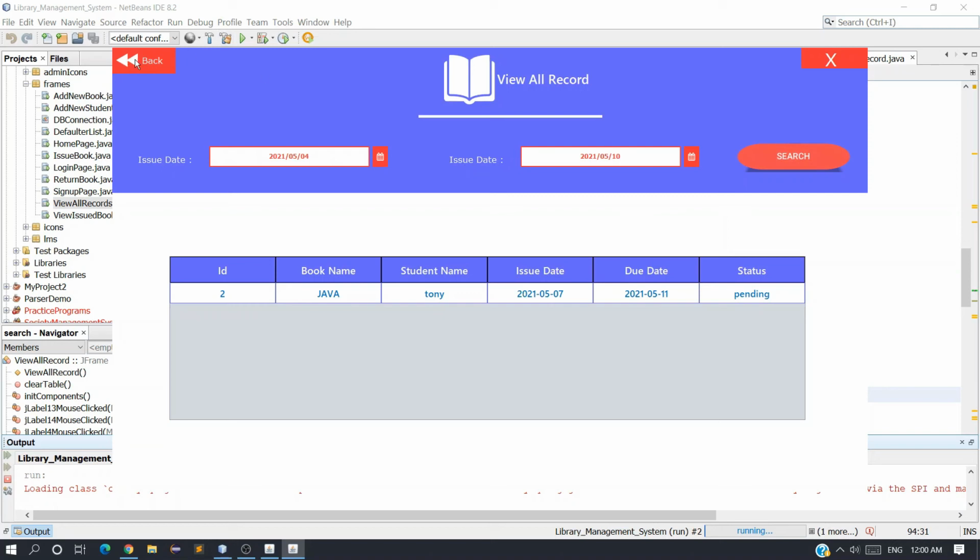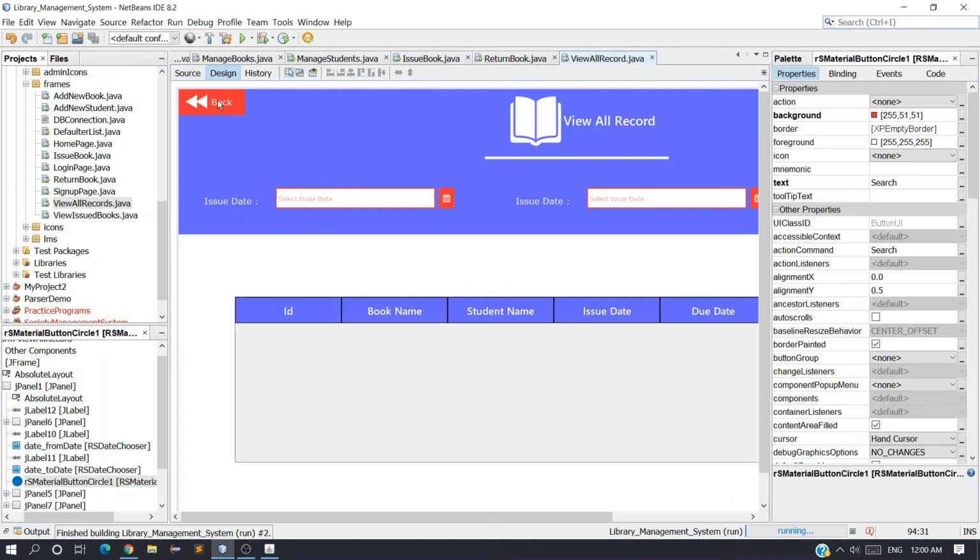And let me just check whether this back button is working or not. You can see the back button is not working, so we need to apply an event on this button.